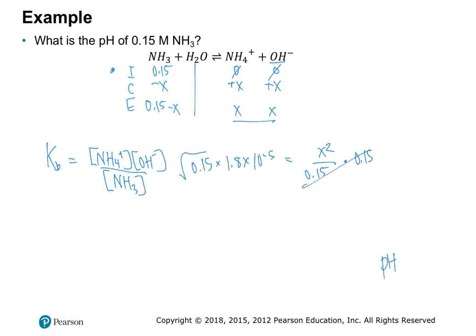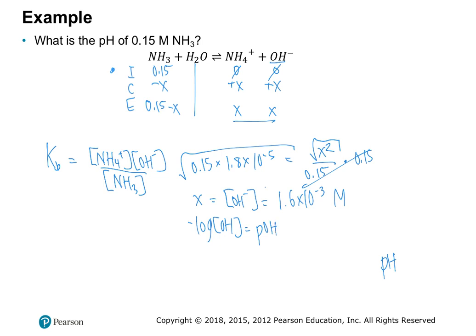And then I'm going to square root it. So x, which is equal to my hydroxide concentration, is equal to 1.6 times 10 to the negative third molar. So now I can take the negative log of that, which will give me my pOH. So let's take the negative log of that value, and I get